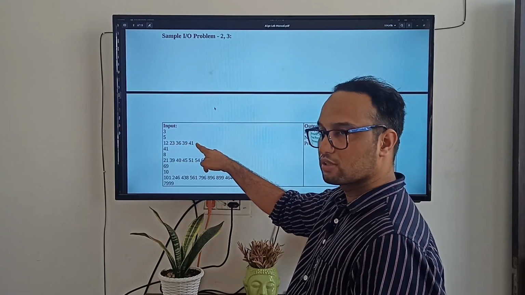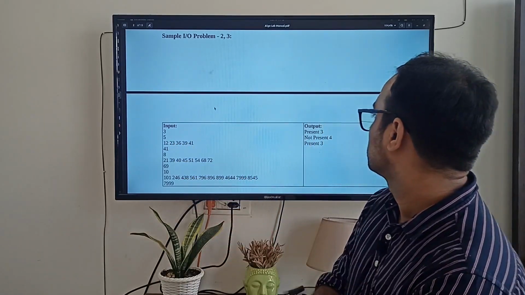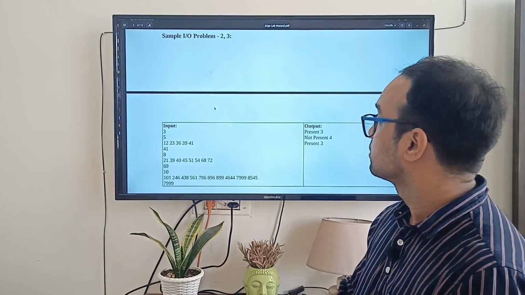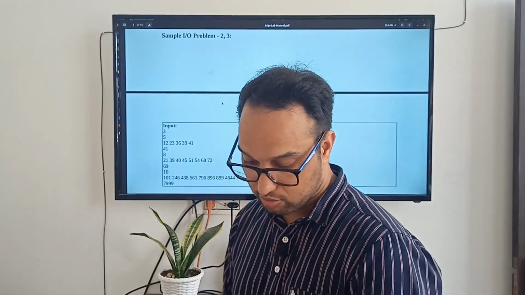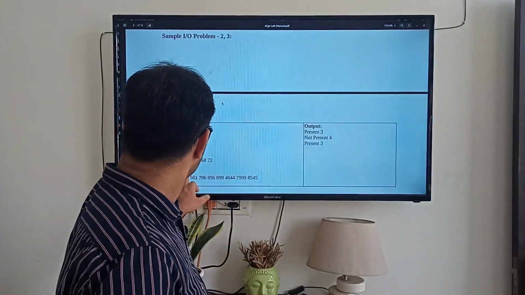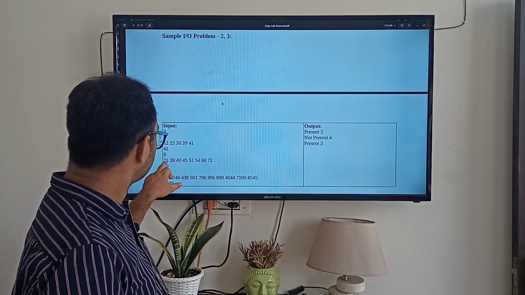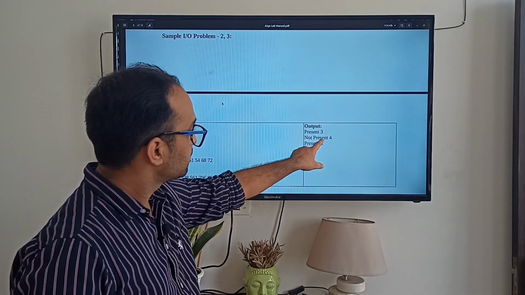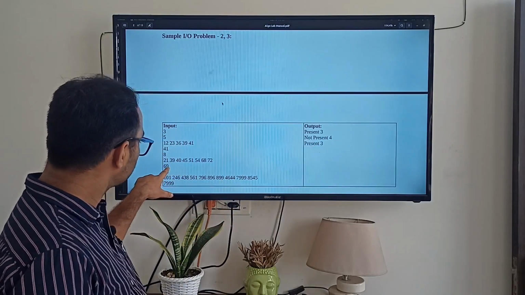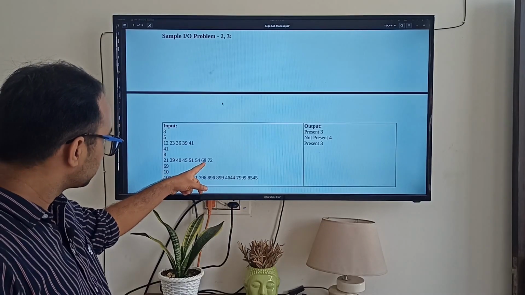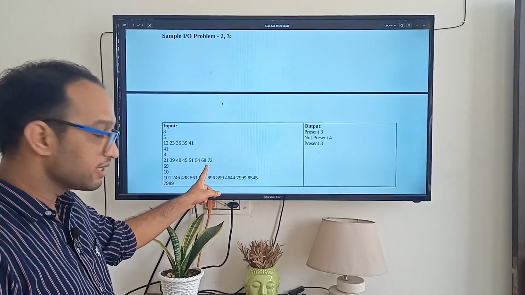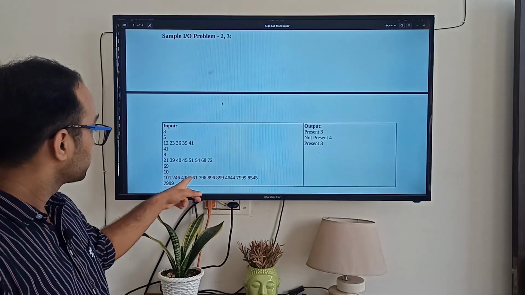This was linear search, but now we are using binary search, right? So for binary search, the things will be different. For the second one, you can see not present. What are we finding? 69. So 69 should be somewhere here if the element is present, but the element is not present here.